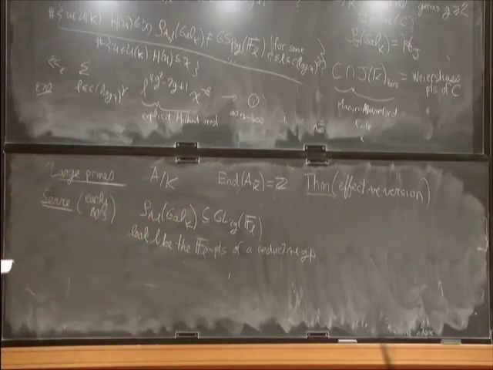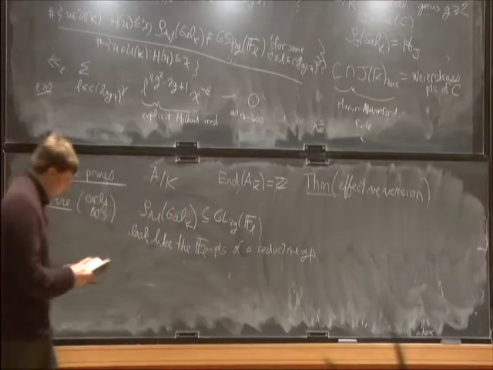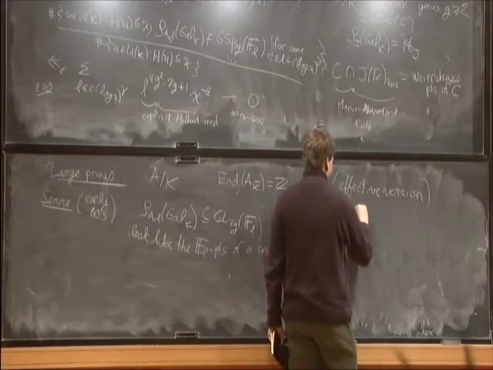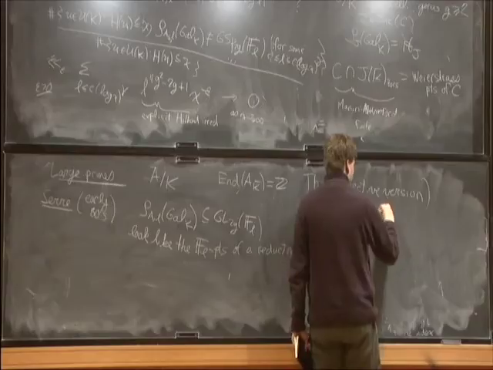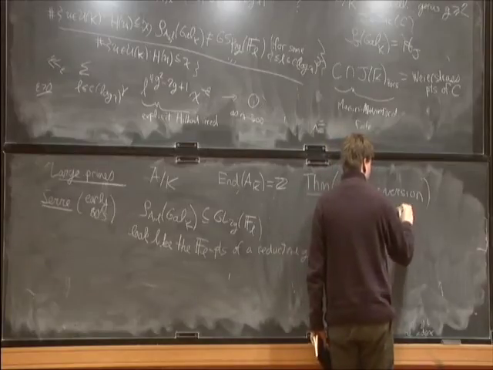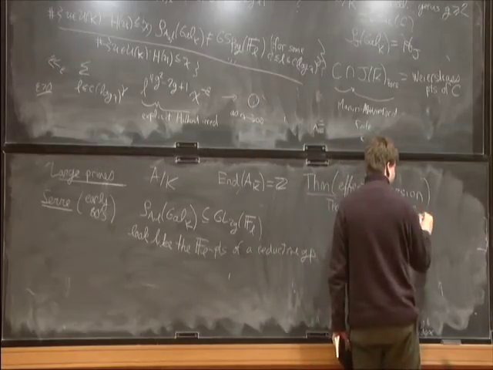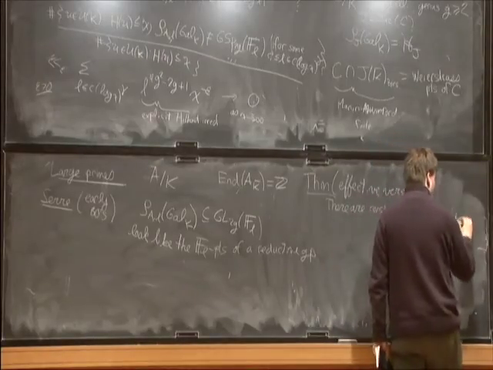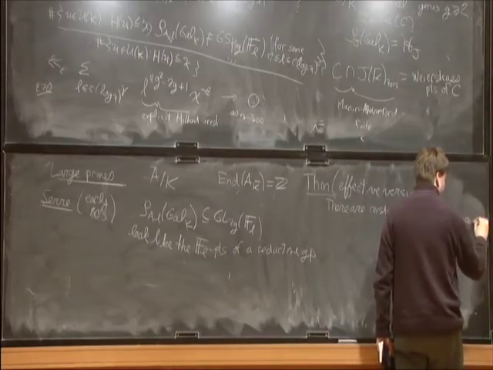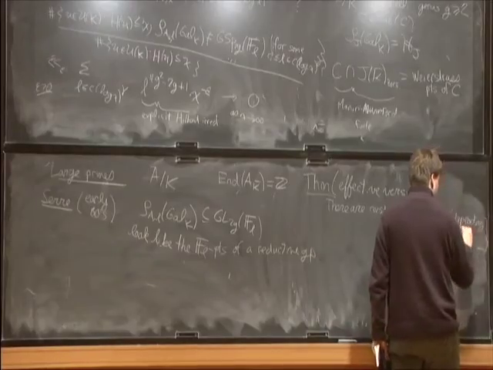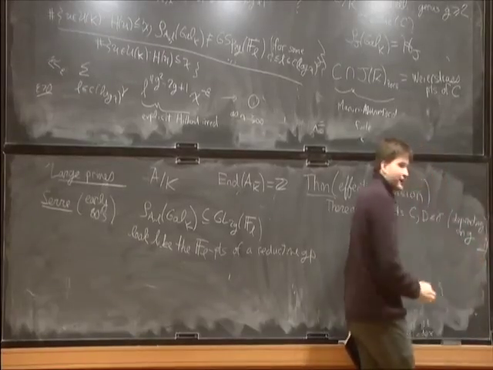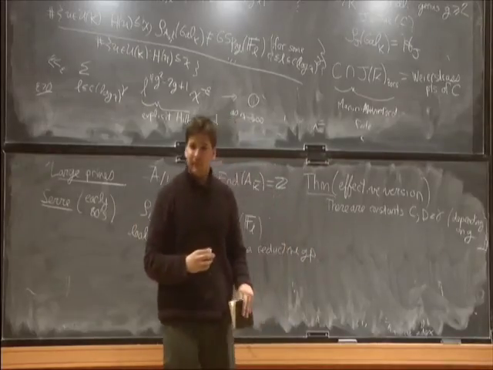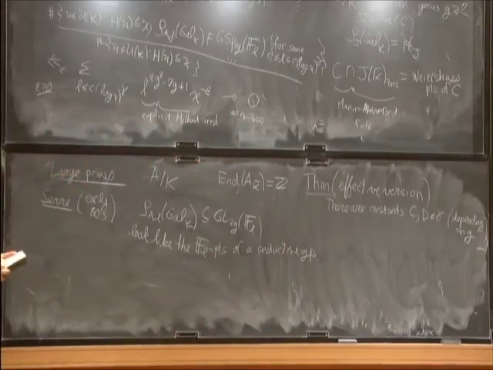Okay, so the effective version: there are constants C, D, gamma. These only depend on the dimension, which is fine for us because when we consider our family, we always have the same dimension in our fibers,